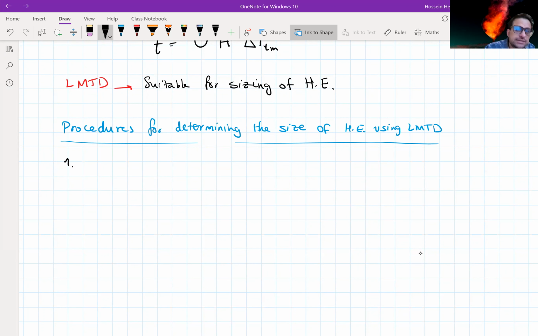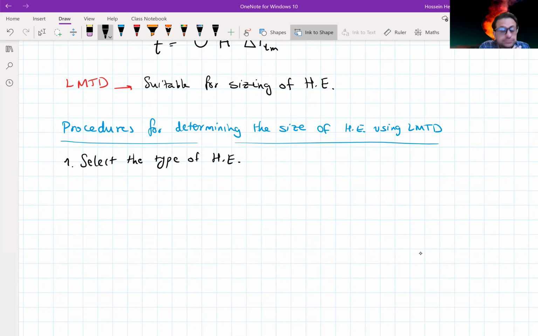First of all, we select the type of heat exchanger. Whether it's going to be a double pipe, shell and tube, the multi-pass shell and tube, or